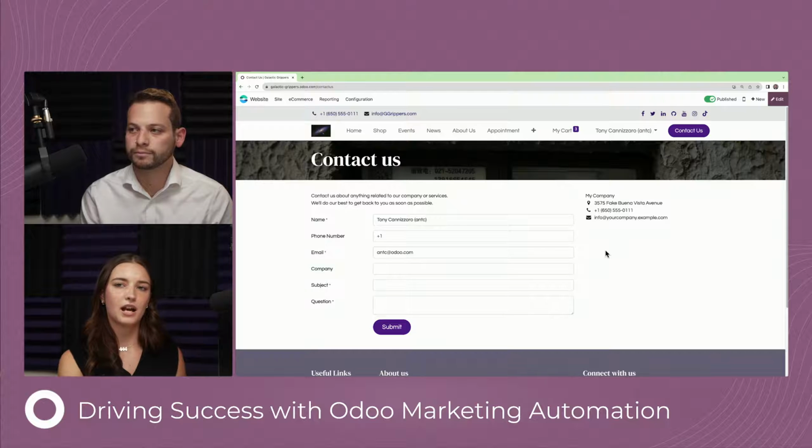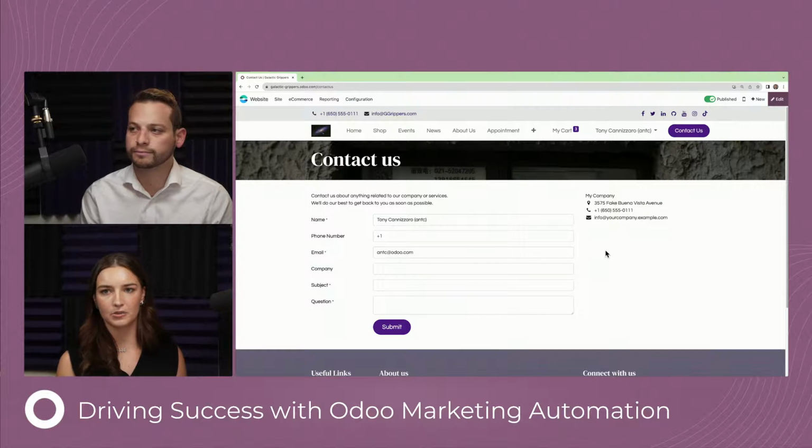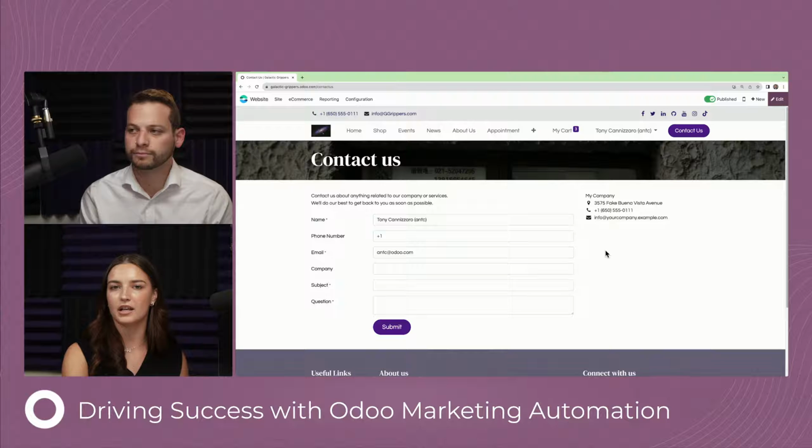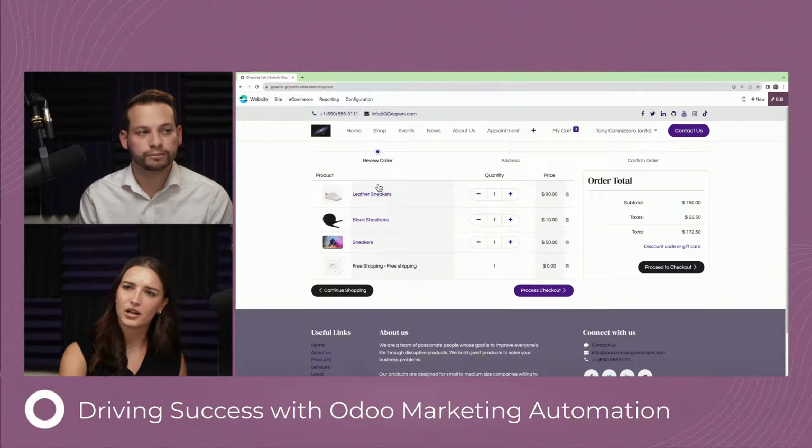So if you wanted to have your contact us page create a lead in CRM and have your sales team control that, or it could be another thing, if your admin or IT was in control of the contact us page, and customers had questions on shipping or tracking information, they could answer it there. But we're going to head into my cart, and as you can see, we're logged into Tony's account, and he's